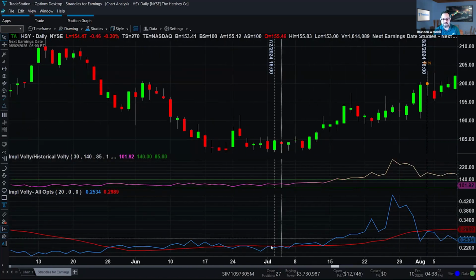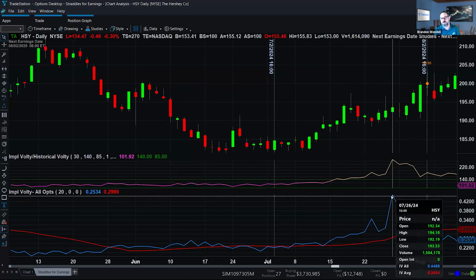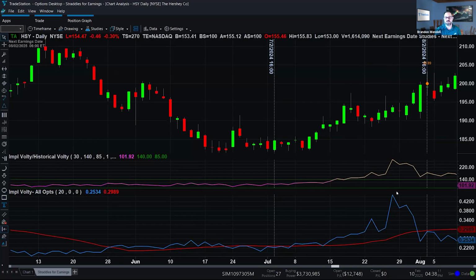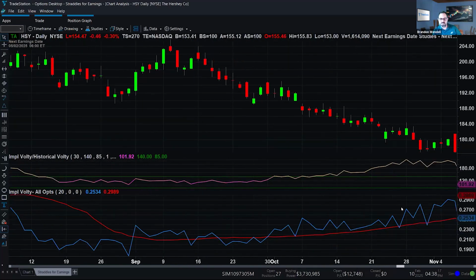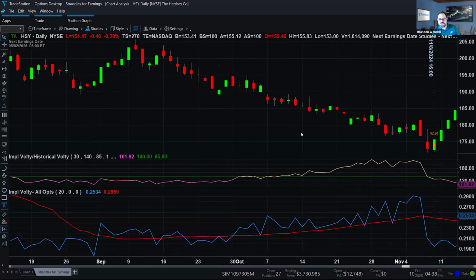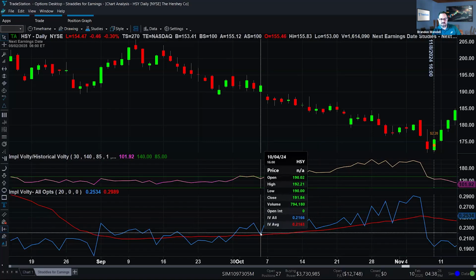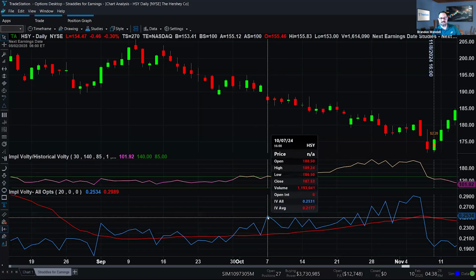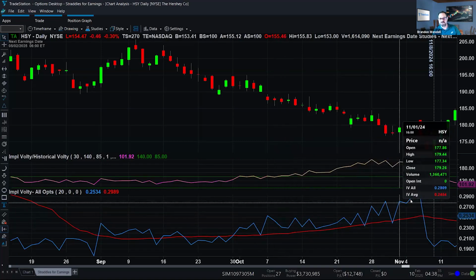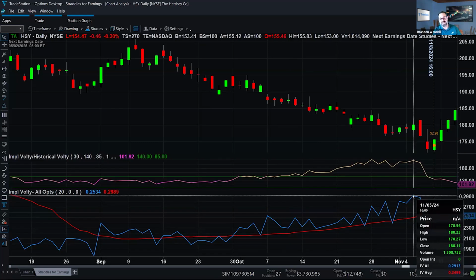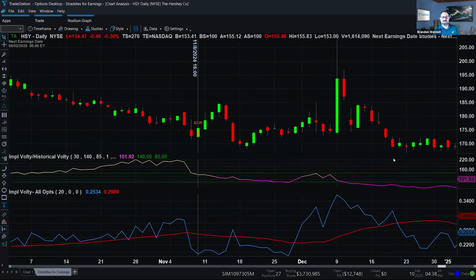This one, 22, spiked at 44. So we had a nice gain there, basically doubled. On this one, 11.8. There we go. Now it depends on when you catch this. This is actually a little bit high in volatility, so you'd want to wait for it to come back down towards the average. So right there on the 10th is about 22, went all the way up to only 29. So that was disappointing. It was only 5 points on the move. So we're kind of all over the place.